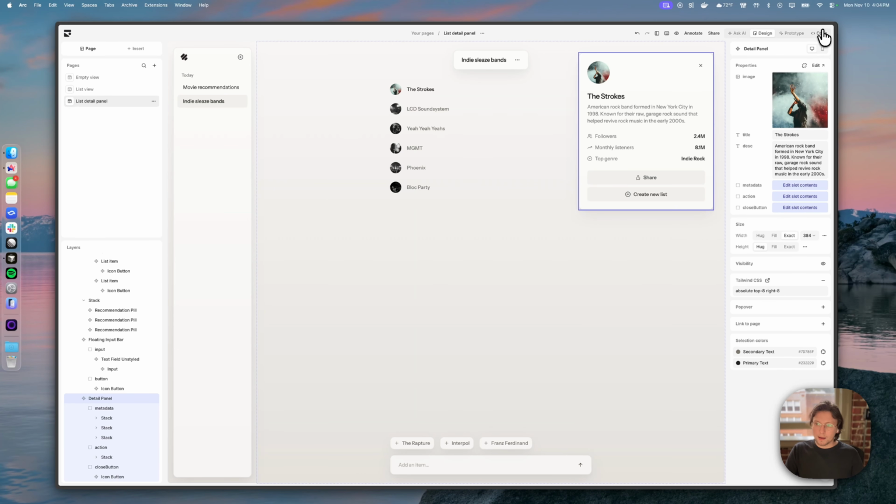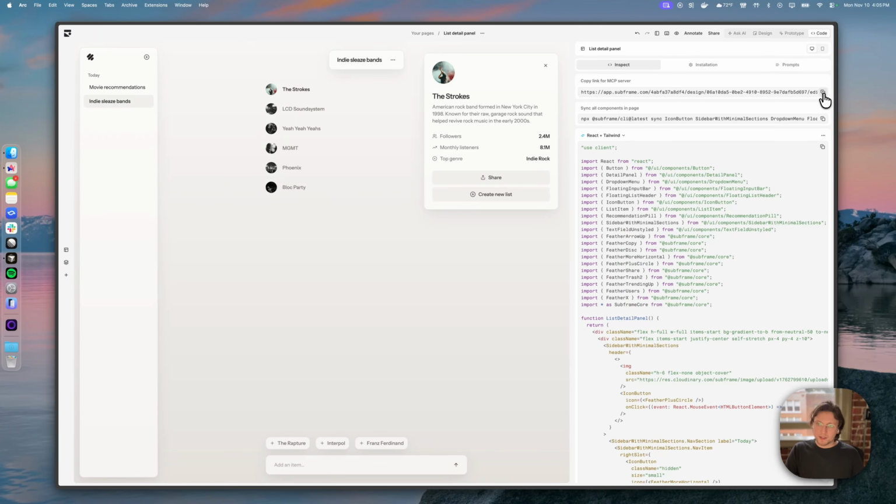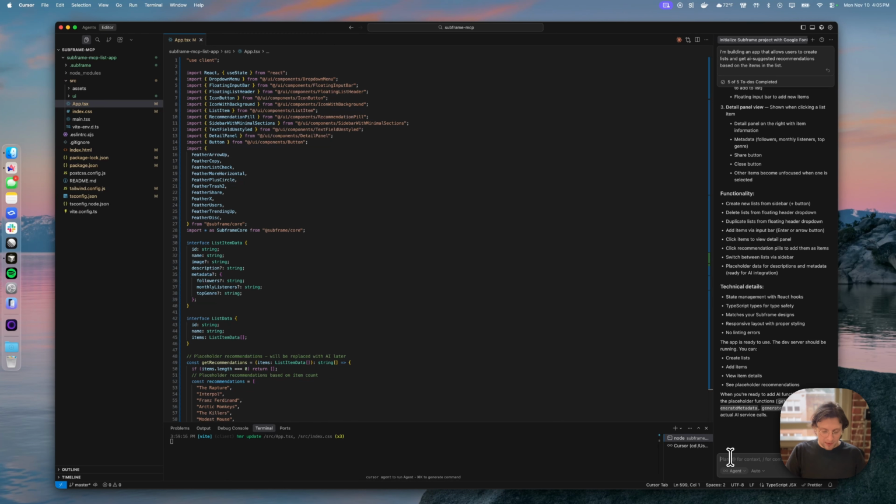And for that, I'm going to grab the code again. I'll just have to do this link for the MCP server. And I'm going to prompt it. And we'll say,